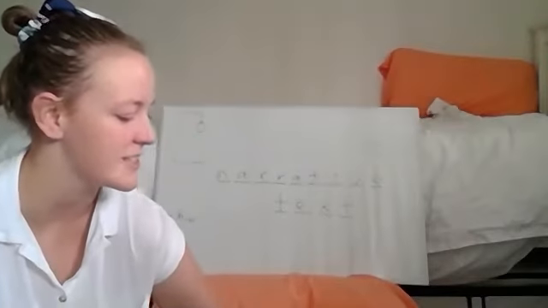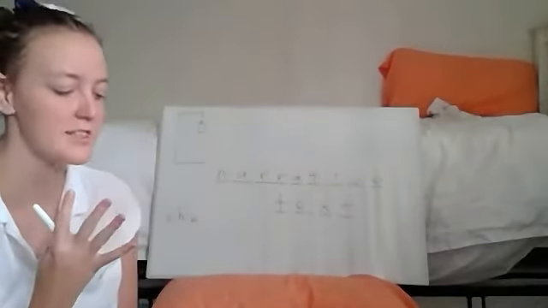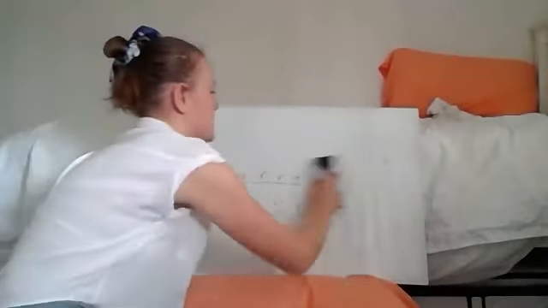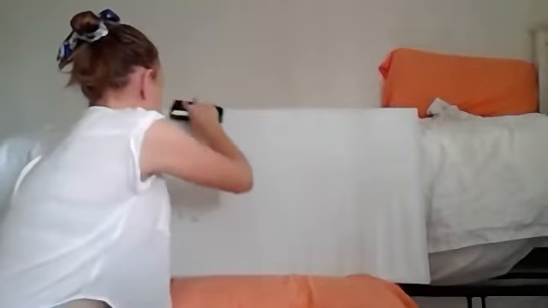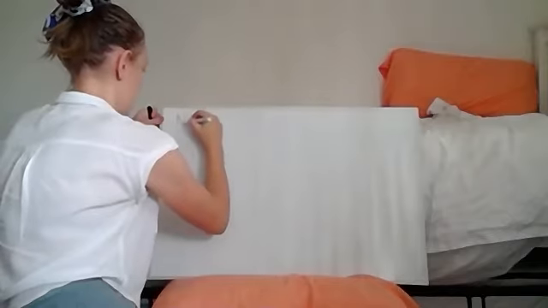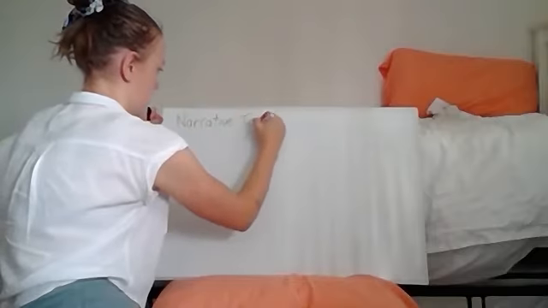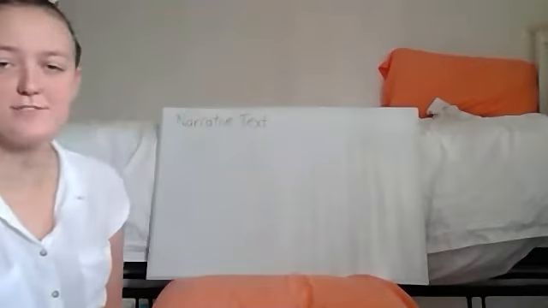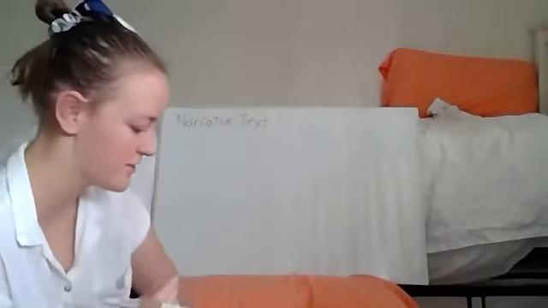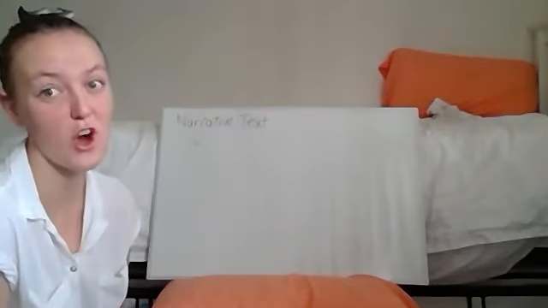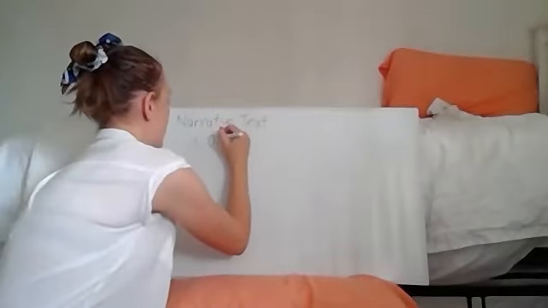So a narrative text is actually split up into 4 different parts, and we're going to learn about those 4 different parts throughout the time that I'm going to be teaching this. We're just going to rub this out really quick. Remember that we're learning about narrative text, so I'll put it up the top. So a narrative text is actually split up into 4 parts. The first one is sizzling start, or the orientation. So I'll just put orientation